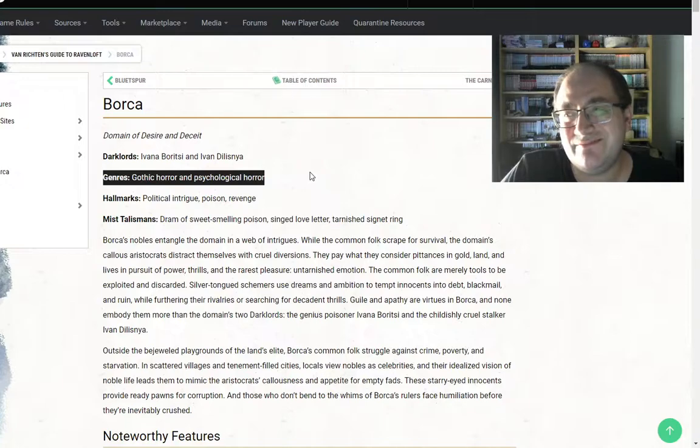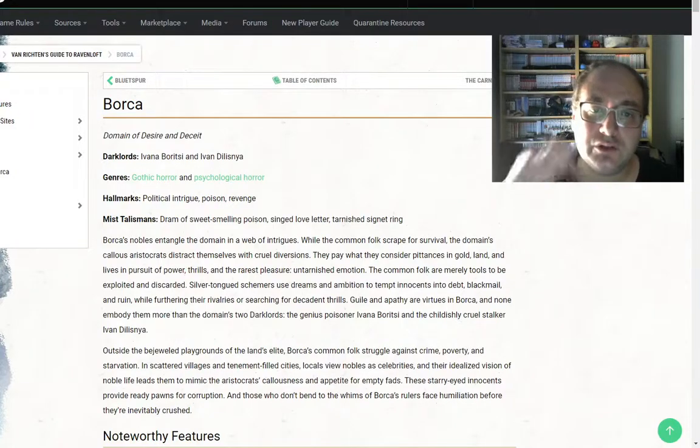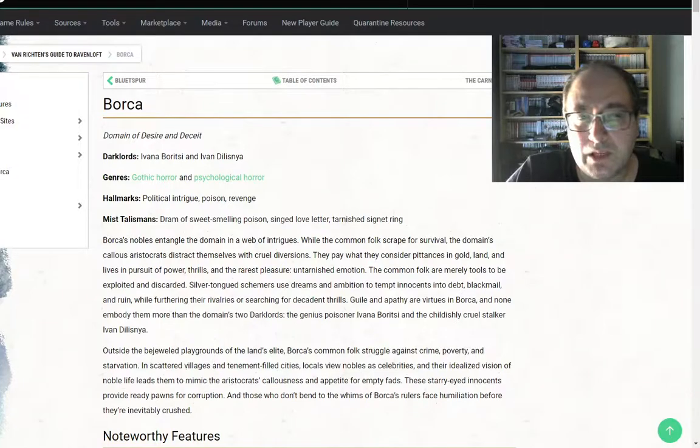But I actually think this is a bit of a misnomer, because what this domain is really about is political intrigue, as presented in the book. Now, I think that this domain could do a really good job with folk horror, so kind of like dark fairy tales or twisted folk cults and stuff. Think like Midsommar or Wicker Man, for example. Especially as the actual description of the domain describes it, you could do more than just gothic or psychological horror. But quite frankly, the way it's presented here,